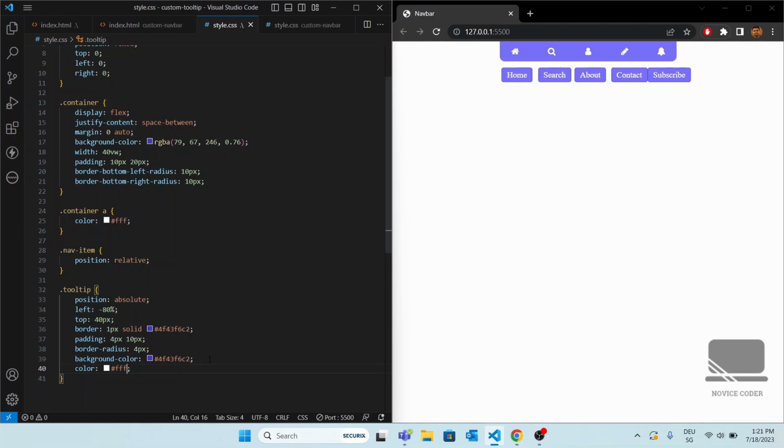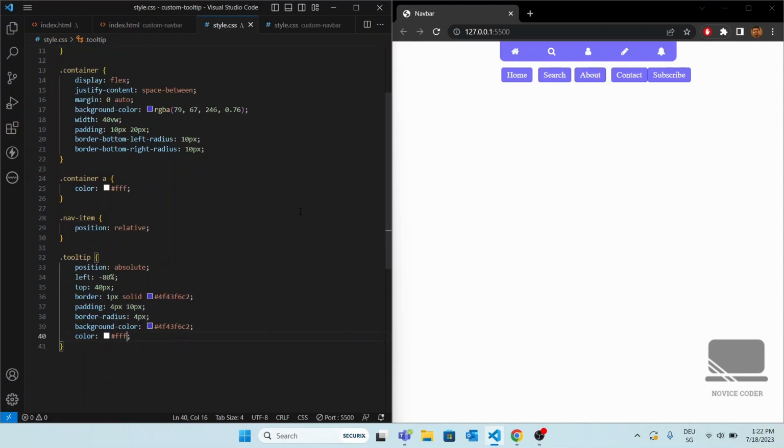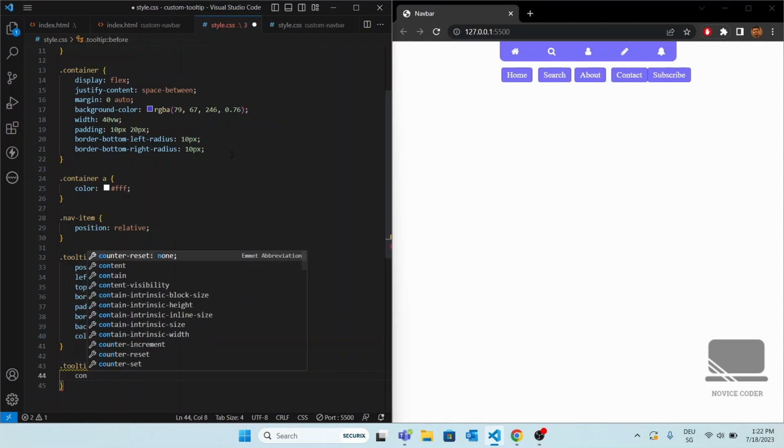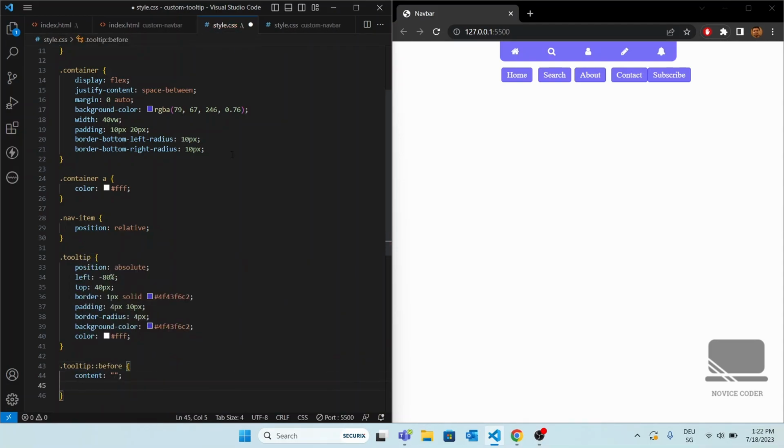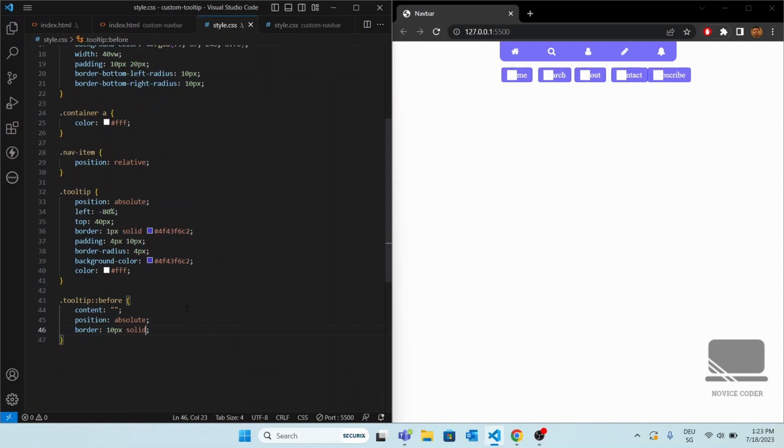Now it's time to add a triangle at the top of each of these tooltips. For this I'll be using the CSS selector named before. I also have a video on how to draw a CSS triangle from scratch. You can also check it. So we are taking the tooltip before selector. We'll be adding a content empty, position absolute, border for the time being set n px, solid. We'll be adding some top and left property, so it has come to kind of